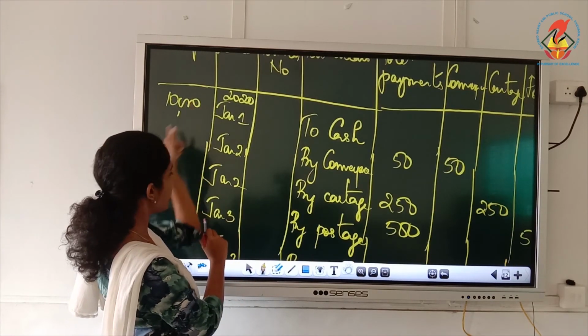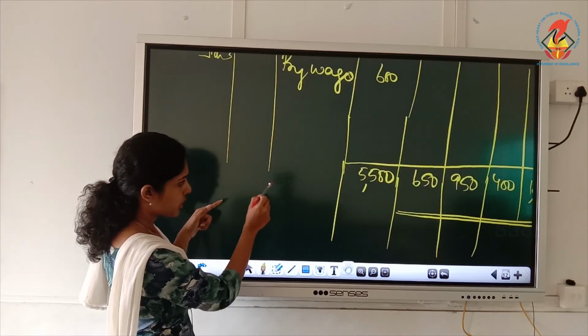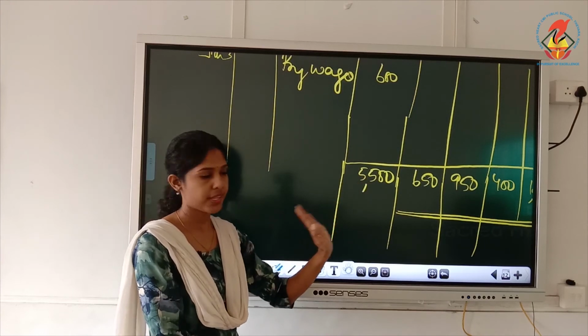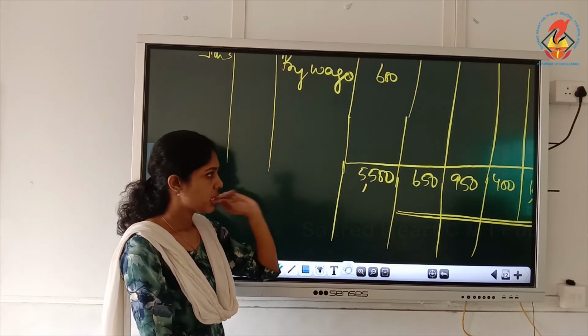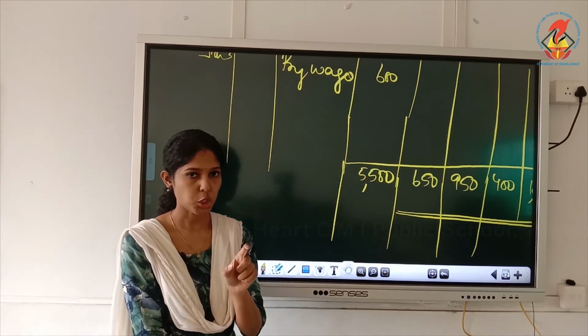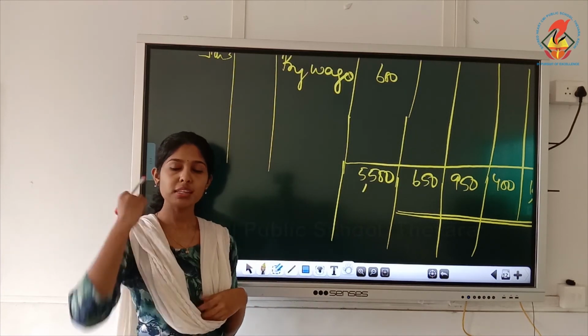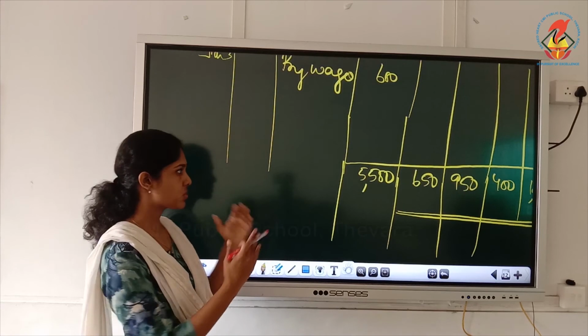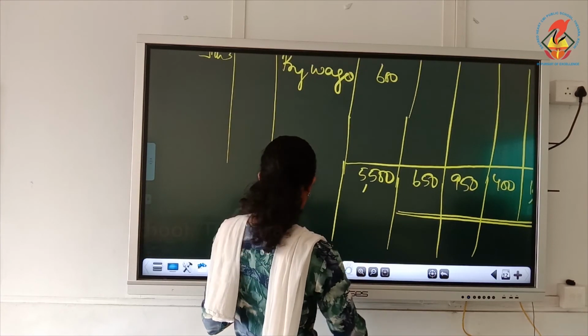On the receipt side you have a total of 10,000, and the credit side, which means the payment side, has a total of 5,500. That is the total of all payments. So the debit side is 10,000 and the credit side is 5,500, where you have a shortage. There you must write the difference. The balancing figure is 10,000 minus 5,500,